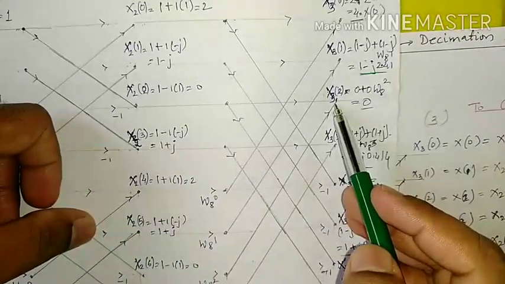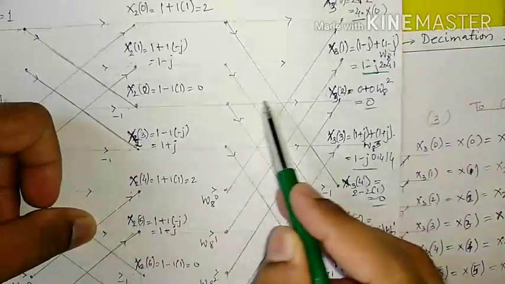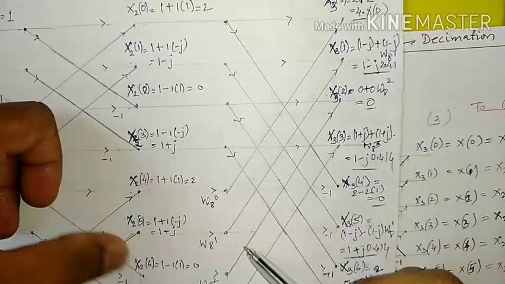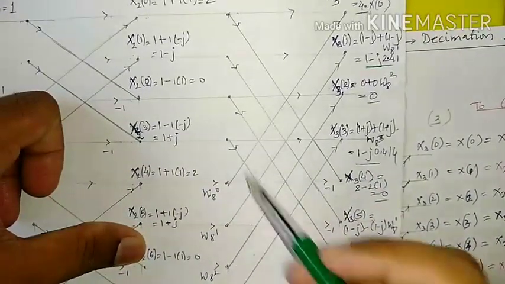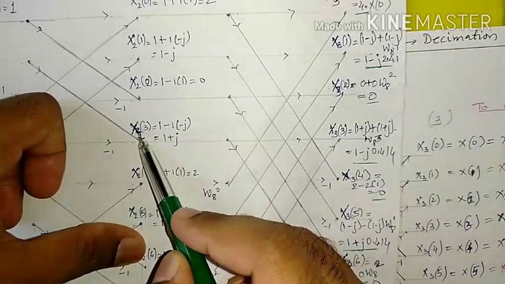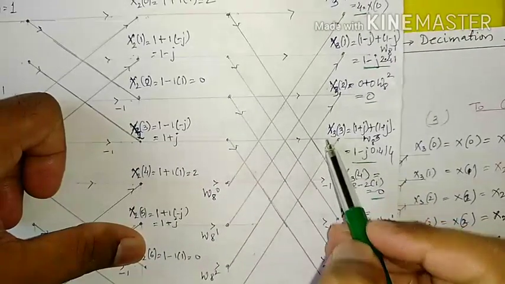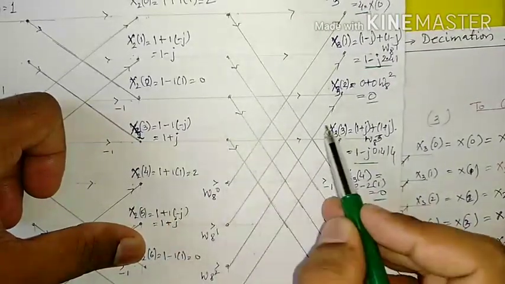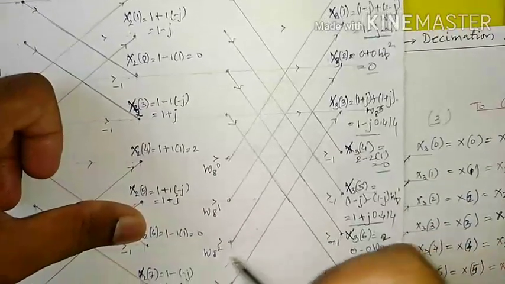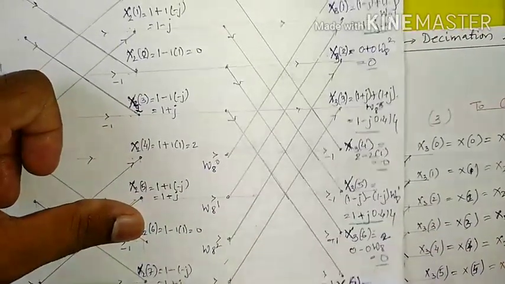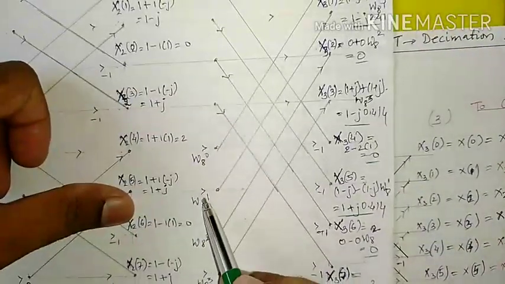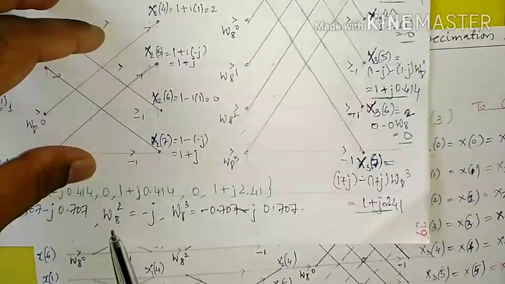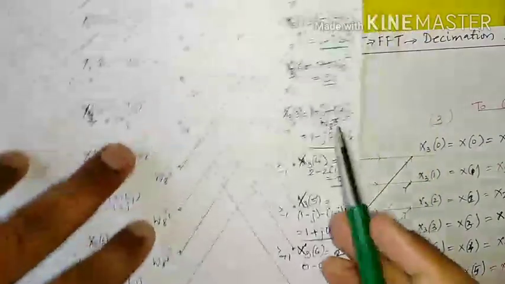In order to get x3 of 2, it is x2 of 2 plus x2 of 6. x3 of 3 is equal to x2 of 3 plus x2 of 7. So wherever you have W1, W2, W3, you substitute these values and you are going to get the